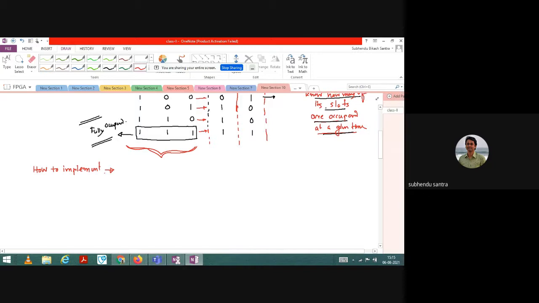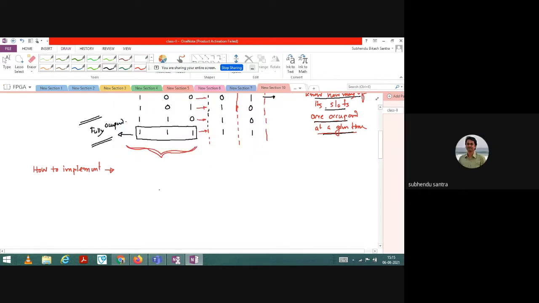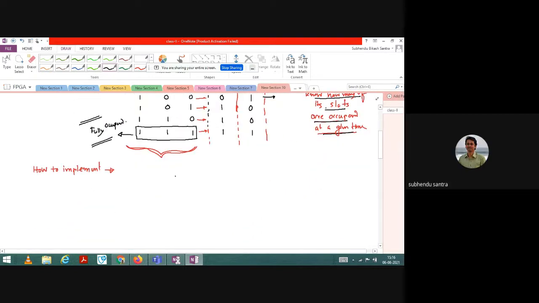Tell me. It looks like an adder to me. No, don't say like that. You see, you have outputs: C1 is one output, C0 is one output, right? Basically you need to design a circuit, because you already have digital circuit knowledge. 3 inputs are there, and based on these 3 inputs, you should give 2 outputs.